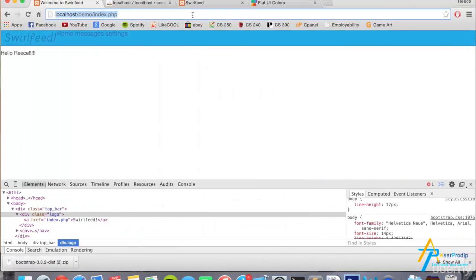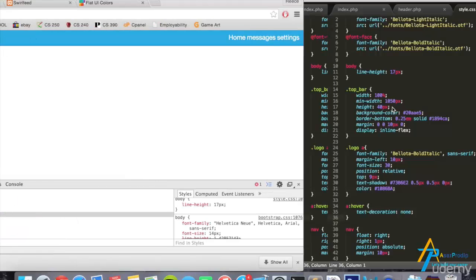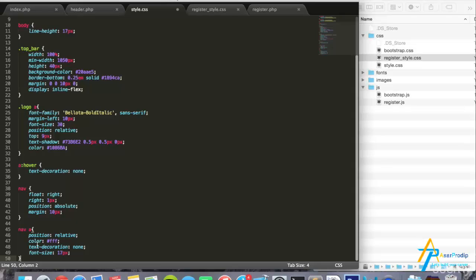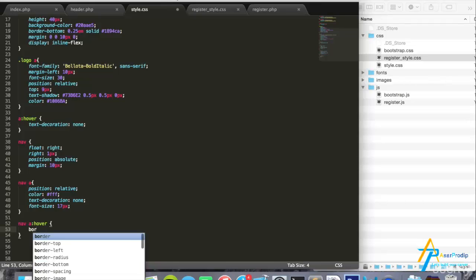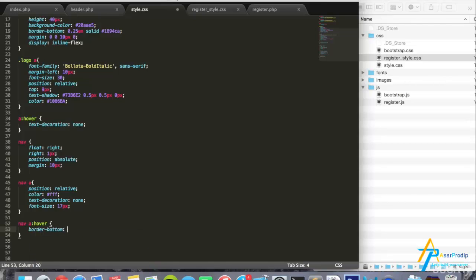Go back to here, and there we go. They appear in there, in the center right there. That's nice. Let's style that slightly when you hover over it. Let's make another one. Let's get some space. Let's say nav a colon hover, and then we'll say border bottom